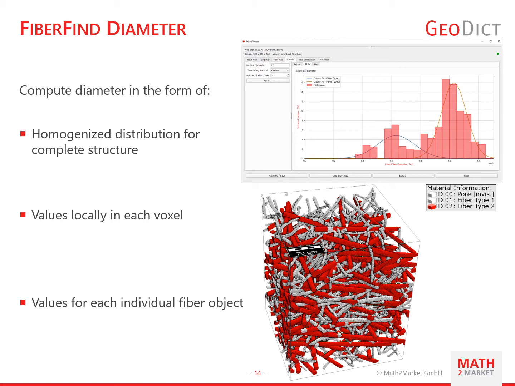So for each voxel in the image, you get a fiber diameter that corresponds to the voxel that the fiber belongs to. And this can be used, for example, to create a segmentation by diameter as it is shown below here. At the top you can see the histogram of the fiber diameters, and fitted in there are two Gauss plots, a blue one and an orange one, and they correspond to the two classes of fiber diameters in this example.